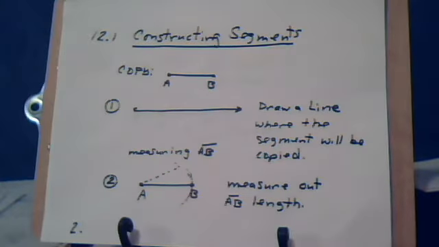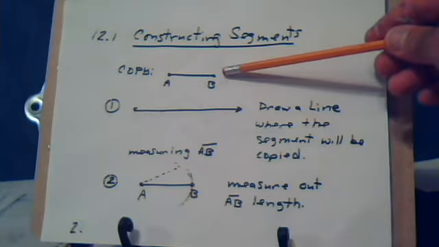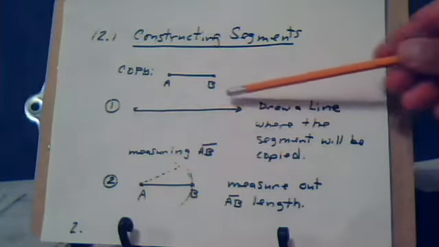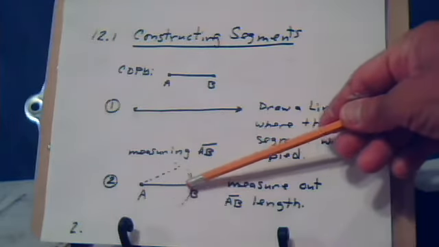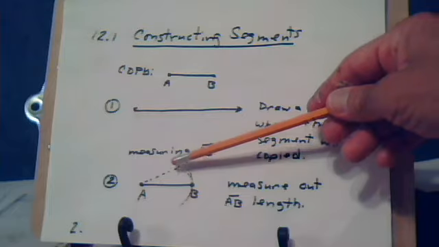So we're going to construct a segment. In other words, we're going to copy a segment. So we're going to copy this segment. You draw the line first, where you're going to copy this segment. Then you go to the given segment, and with a string or a compass,